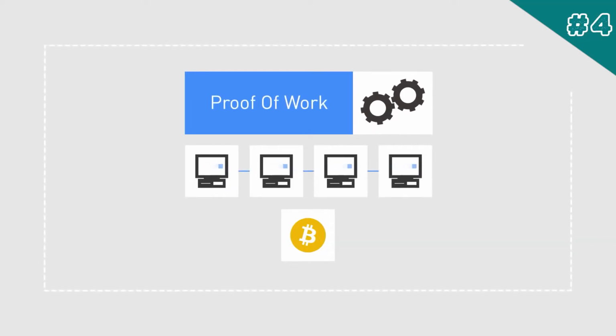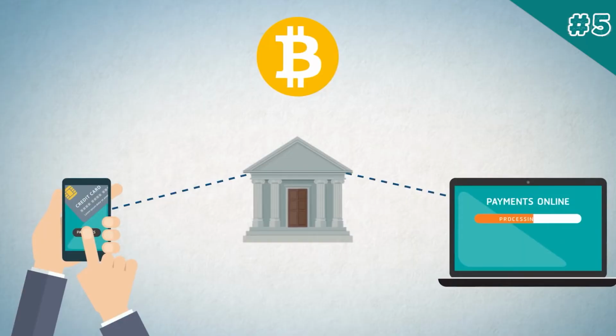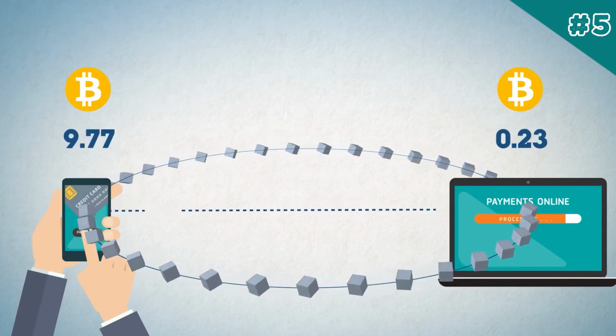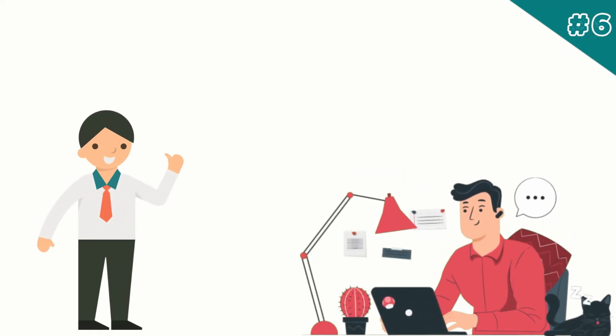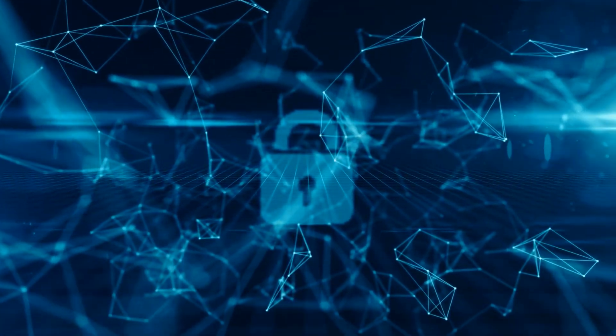Step 4. The nodes now start validating according to the consensus method used. In the case of Bitcoin, proof of work or POW is used. Step 5. After successful validation, the node now receives a reward based on their effort. Step 6. The transaction is now complete. All of these processes can offer you the highest level of security in the network.